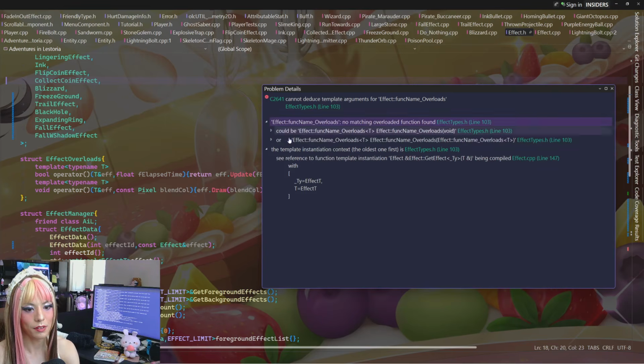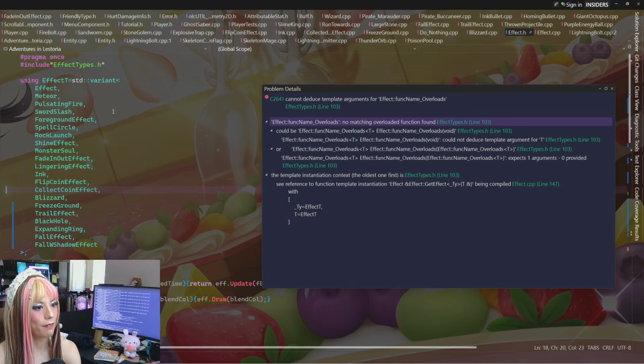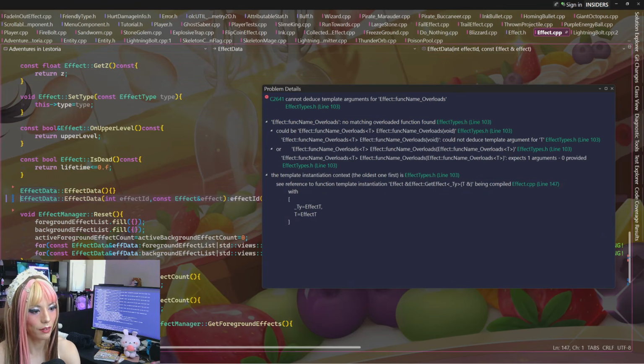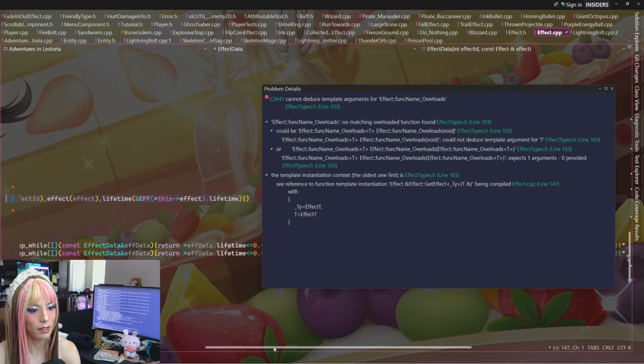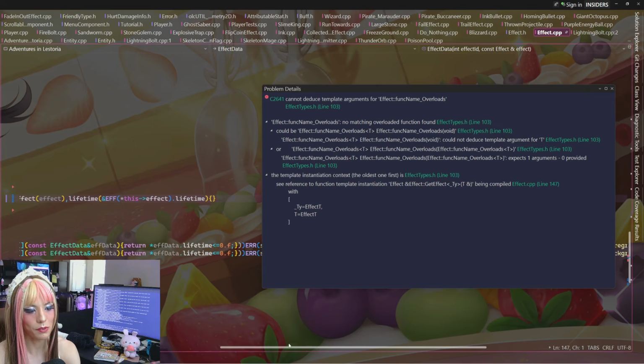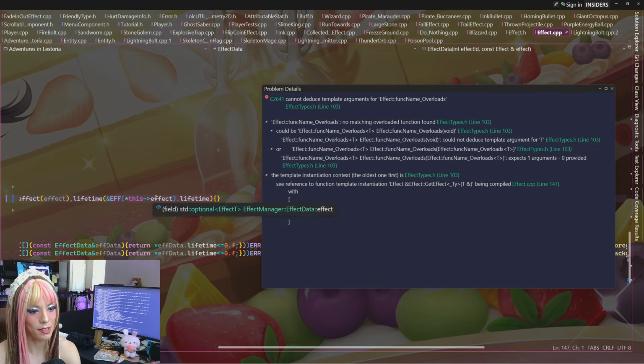Wait, so it's effect T. So effect T is that variant, right? Yeah. From here? Okay. So it's saying it could be function name _ overloads void, or function name overloads T. What?